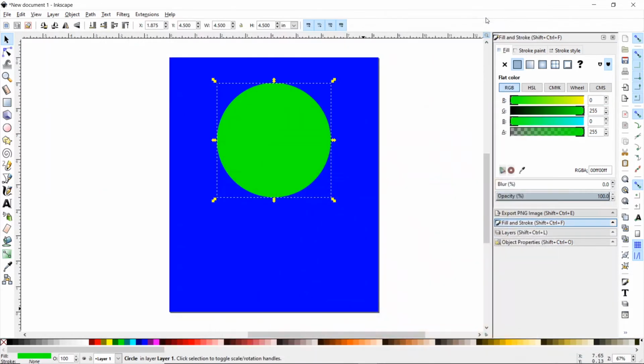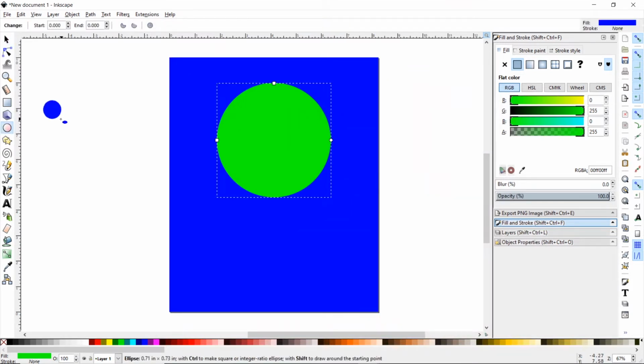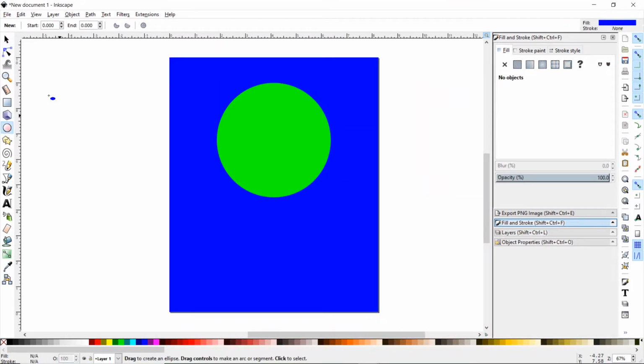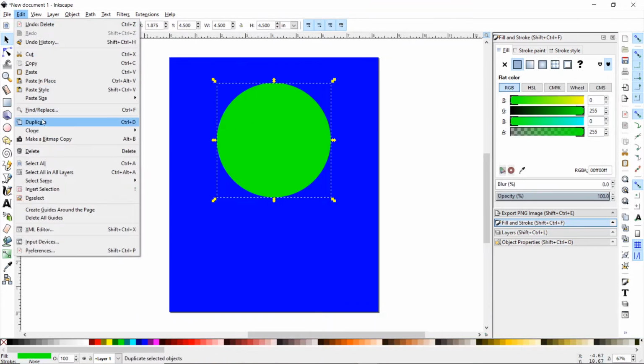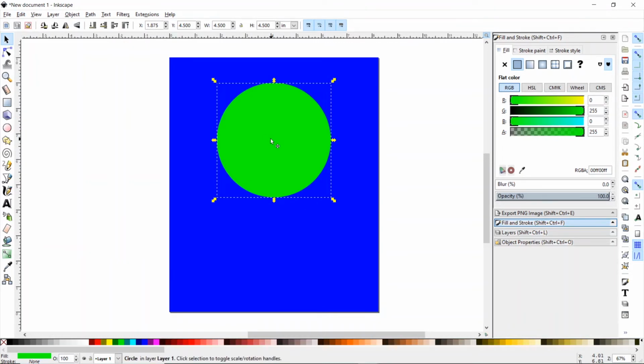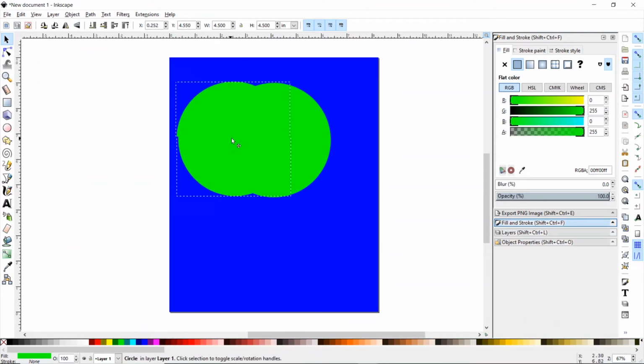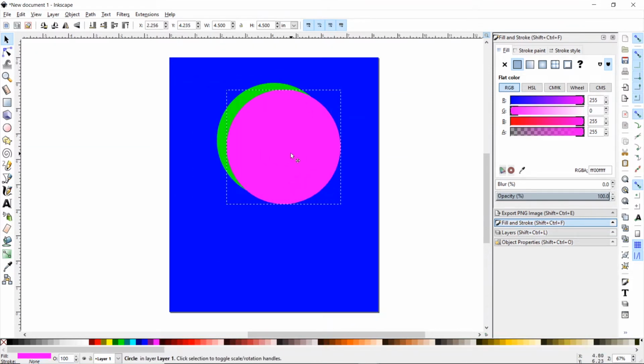So instead of 4.5, we need it to be 6.5. And you can create another one like this, I'm going to delete that one though. You can also click this one and go up to Edit, Duplicate. And now again, it created a green one, so you can't see the difference between the two of them. So I'm going to change it to this purple color right here. Alright, and you'll see it snaps over to that one. So let's change this one to 6.5